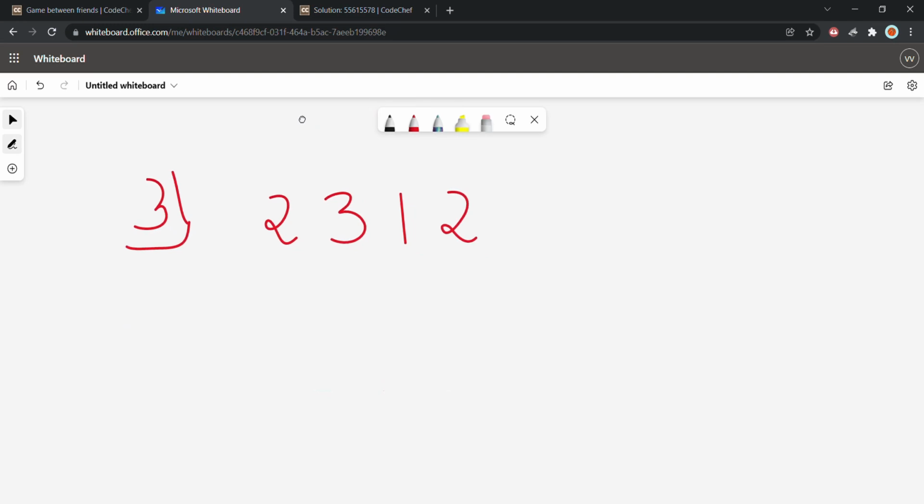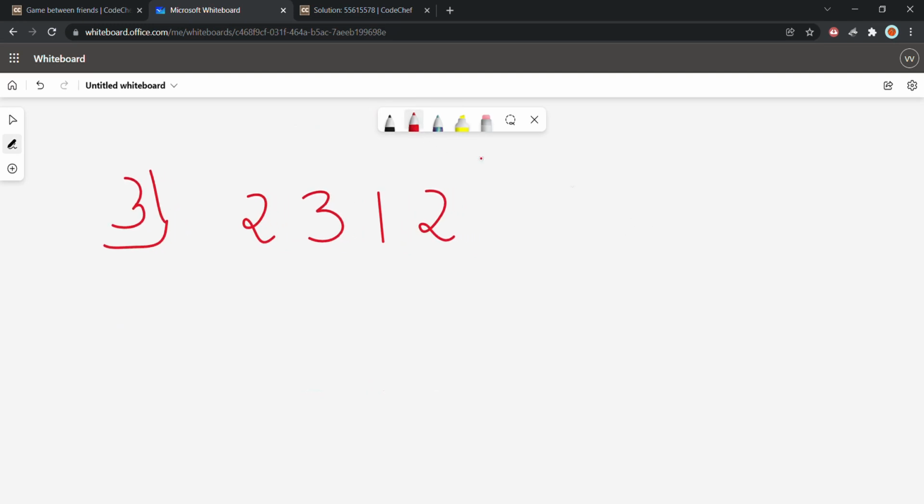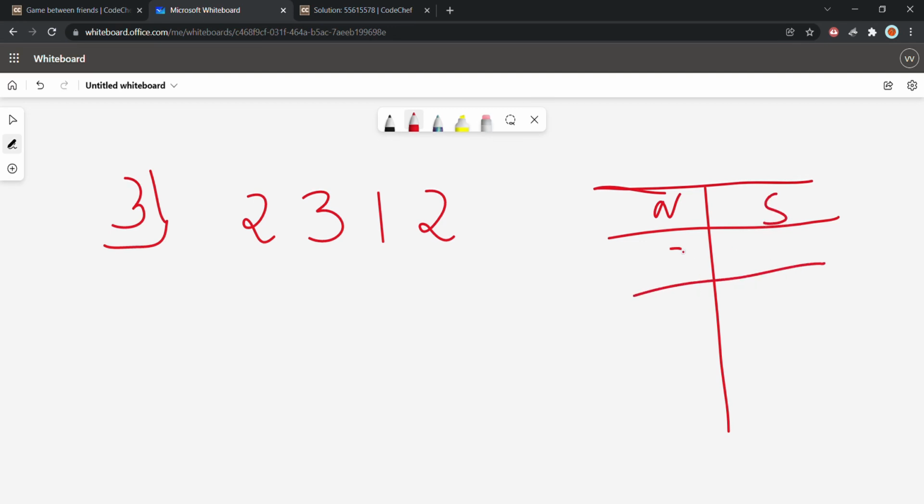Here it is. Let me draw the table again with 2 columns, like this, Nitin and Saubhagya. Initially both friends have 2 and 3. From this round, Saubhagya is the winner.